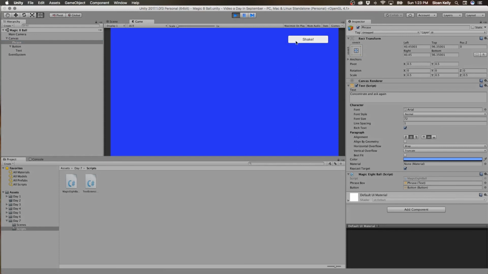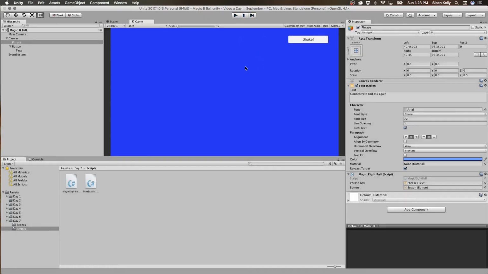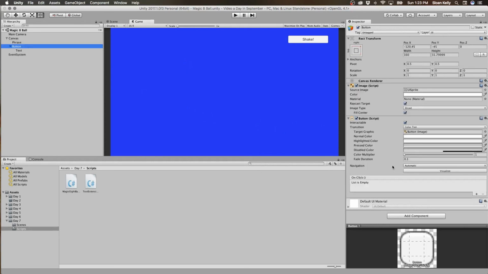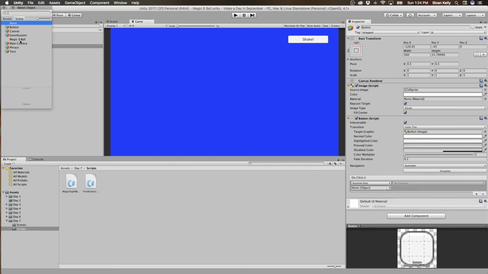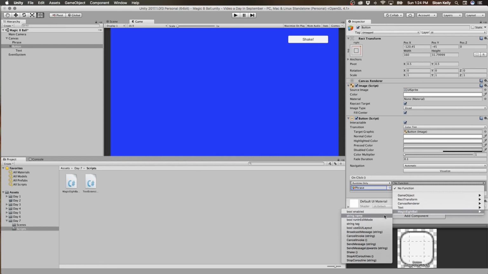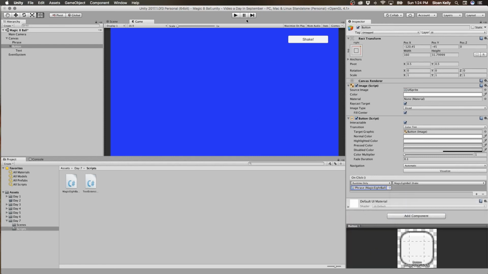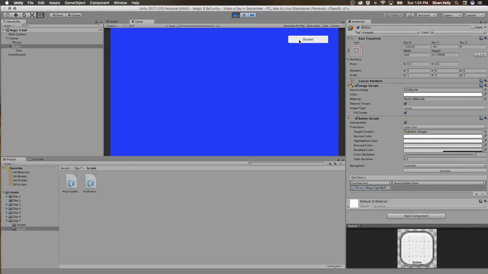So when we shake, it should bring the phrase up and do things there, but of course it doesn't do that because, stupid me, I've forgotten to add the event because I keep doing this. So if I go to phrase, and then I go to magic 8 ball, and then I do shake. Okay, so now save, when we click on shake, we now get concentrate and ask again, shake, concentrate and